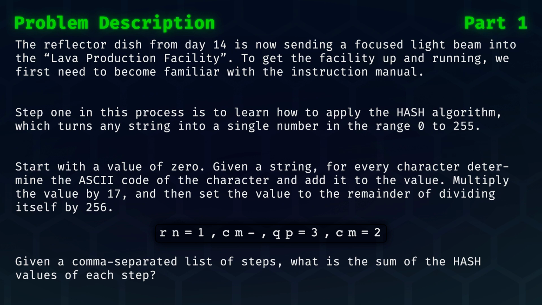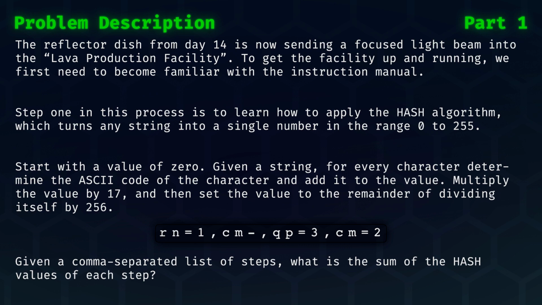Step 1 in this process is to learn how to apply the hash algorithm, which turns any string into a single number in the range of 0 up to and including 255. To apply this algorithm, start with a value of 0. Then, given a string, we can determine the decimal code of the character and add it to the value. Then we multiply the value by 17, and finally, we set the value to the remainder of dividing itself by 256. Given a comma-separated list of steps as you see here, what is the sum of the hash values of